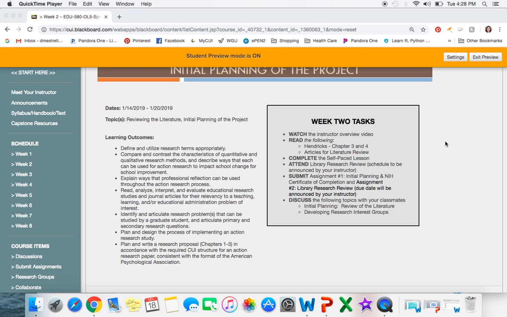research methods, and describe ways that each can be used for action research to impact school change for school improvement. Explain ways that professional reflection can be used throughout the action research process. Read, analyze, interpret, and evaluate educational research studies and journal articles for their relevancy to a teaching, learning, and/or educational administration problem of interest. Identify and articulate research problems that can be studied by a graduate student and articulate primary